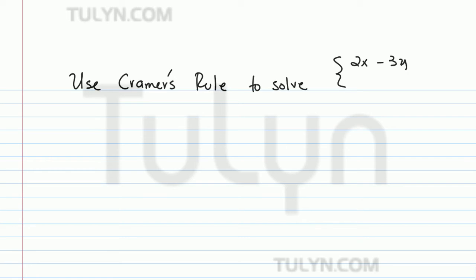So say I want you to use Cramer's rule to solve the system of linear equations, where the first equation is 2x minus 3y is equal to 4, and the second is 4x plus 5y is equal to 3. So now recall, for Cramer's rule,